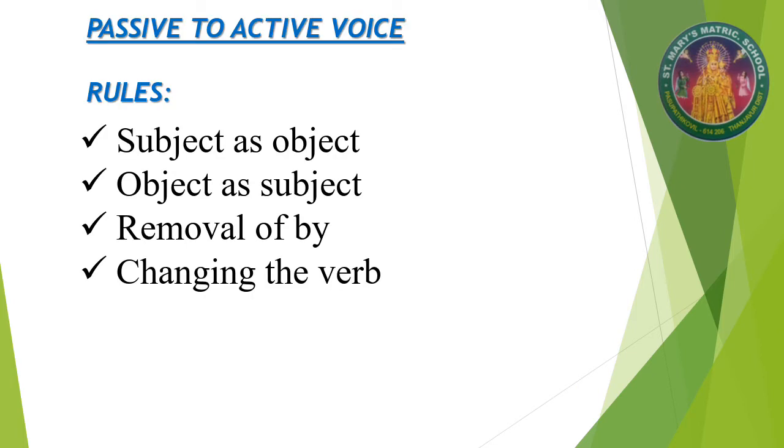Now we are going to see passive to active voice. Already you have studied active voice to passive. You have studied the rules. Now the rules for how you have to change from passive to active voice, you are going to see. The subject becomes the object, and the object becomes the subject. Here you have to remove the by. In active to passive you have to write by, but in passive to active you have to remove the by, and the verb changes according to the tense. Okay,